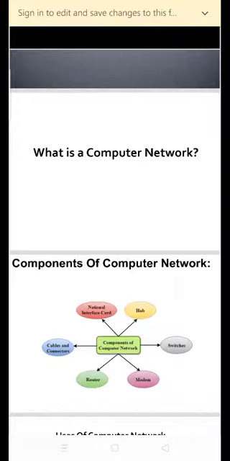A computer network is a sharing of resources among various devices. In computer network technology, there are several types of networks that vary from simple to complex level.